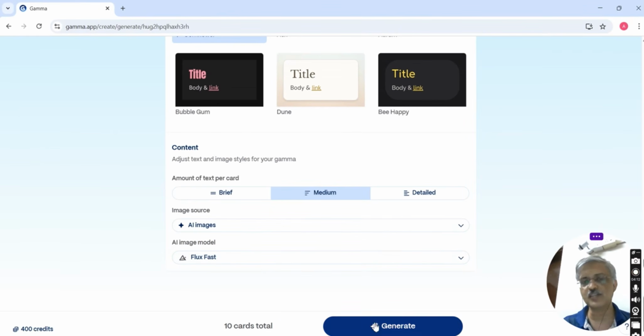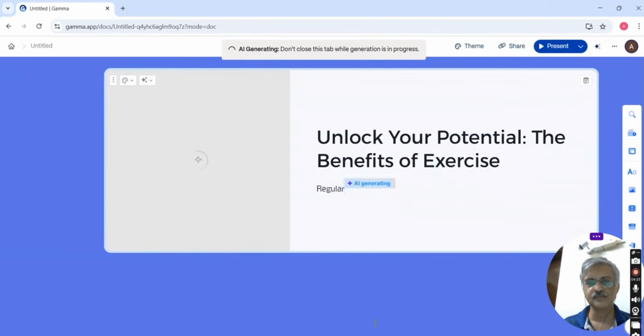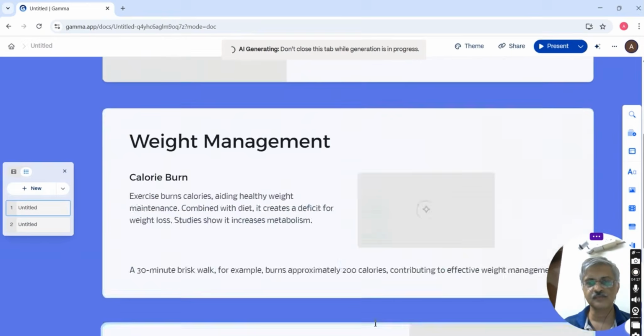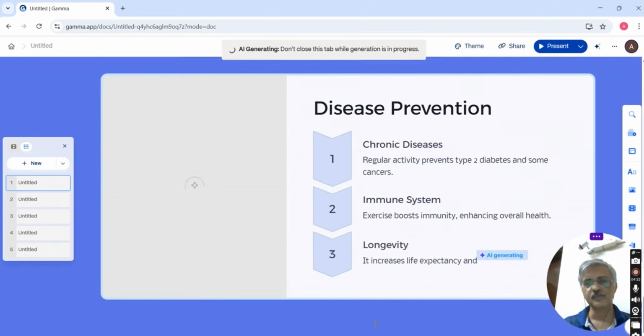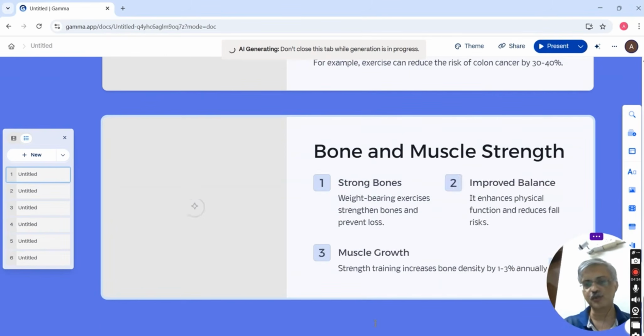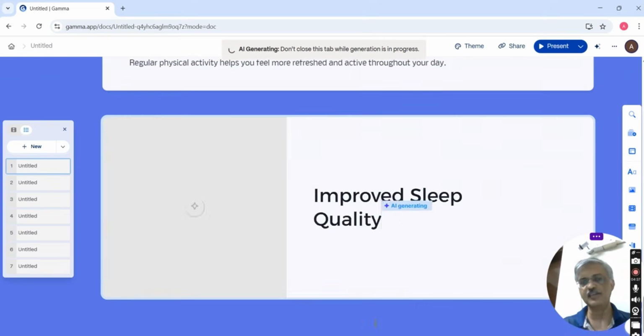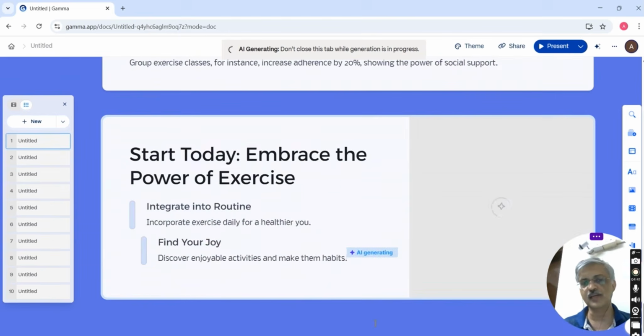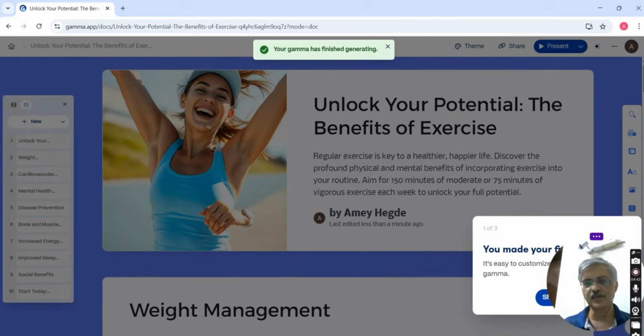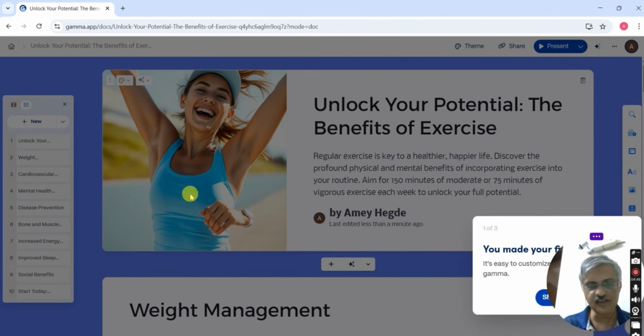Now, the moment I click on generate, it will start generating the slides. You can see how it is generating. It is not doing plain text, it is putting it in a certain structure. Parallelly, it is generating all the images. So, within a minute, the entire presentation will be ready. Here it is. Now, if you can see here, there is some problem in the image. So this is very rare. Most of the time, it creates a proper image for each slide.